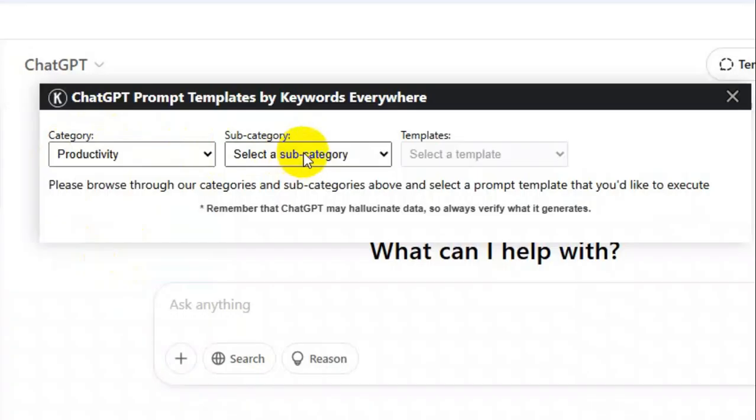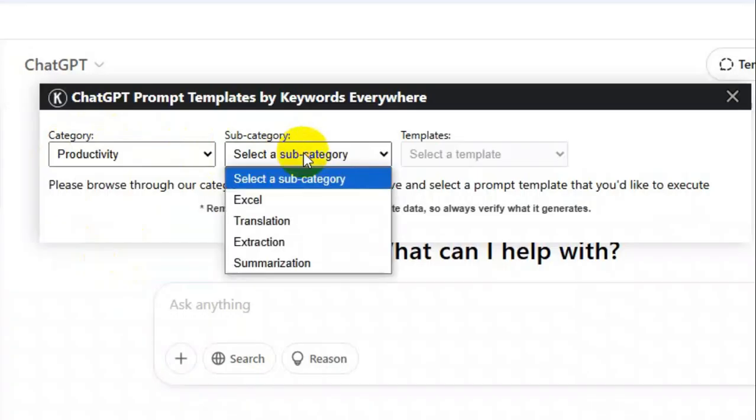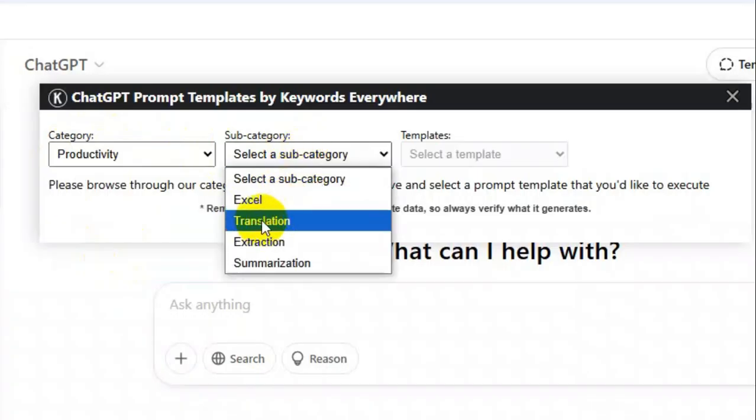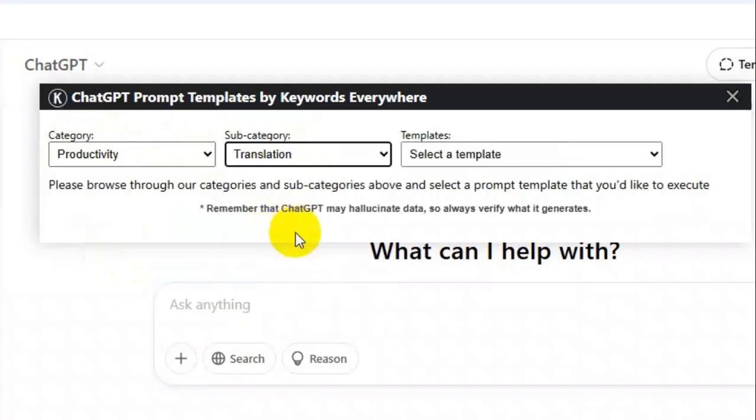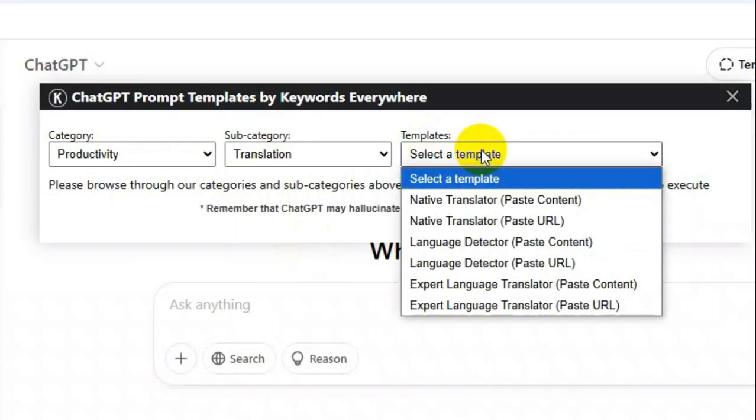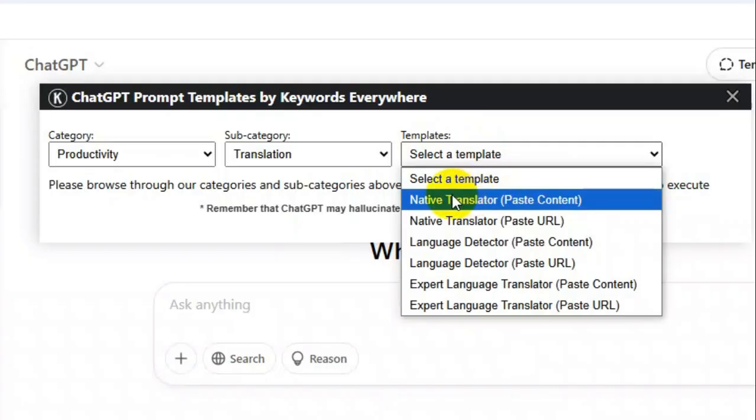Then subcategory, select a subcategory. I am selecting translation, and then go to templates, select a template. Here you will find different types of templates for translations. First of all, native translation. I am selecting native translation, paste content,